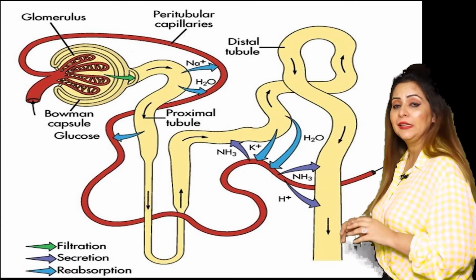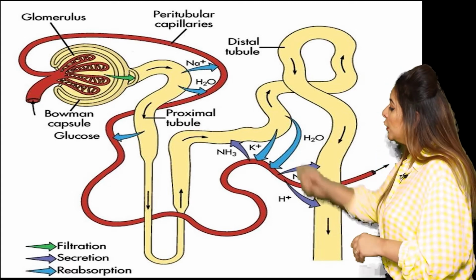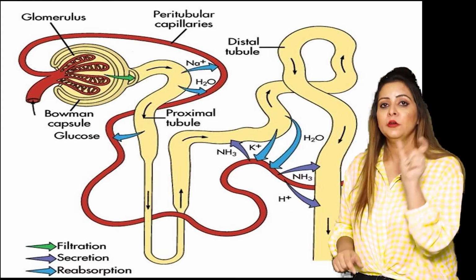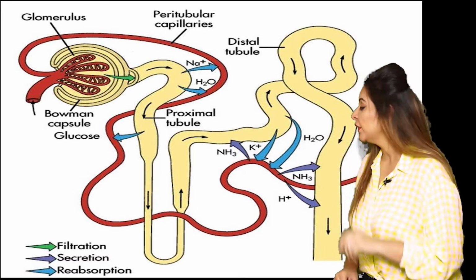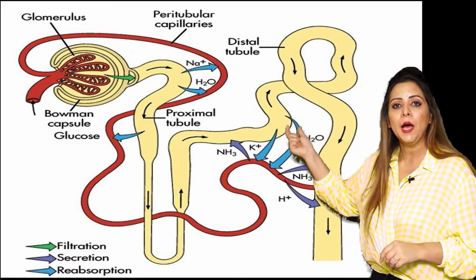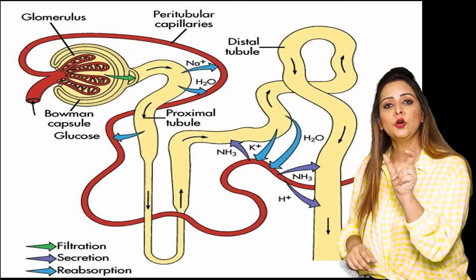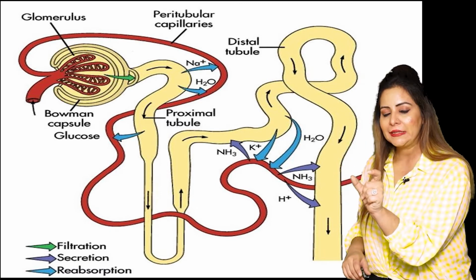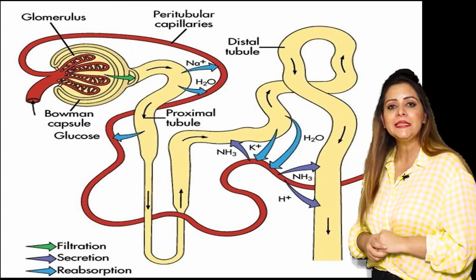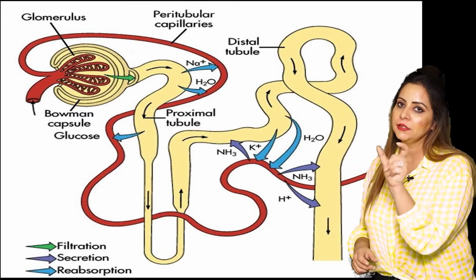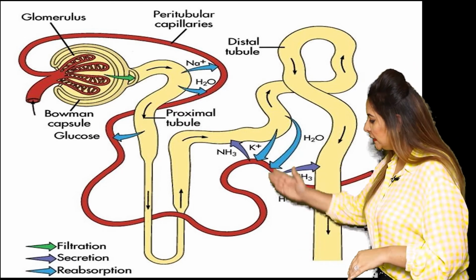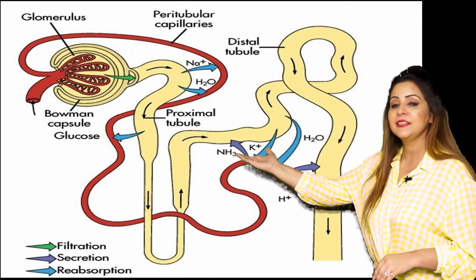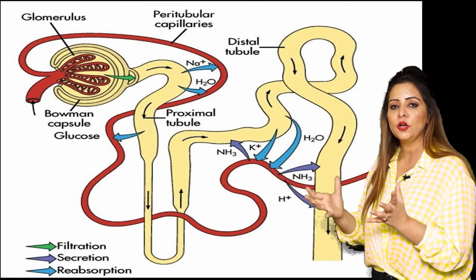Right. Now let's expand these abbreviations. PCT specifies proximal convoluted tubule. And this limb which is going up is called as distal convoluted tubule, that is DCT. And the third, CT, is called as collecting tubule. So I think you got it. PCT, DCT and CT. And this is also you have done, that is the Malpighian body that comprises of glomerulus